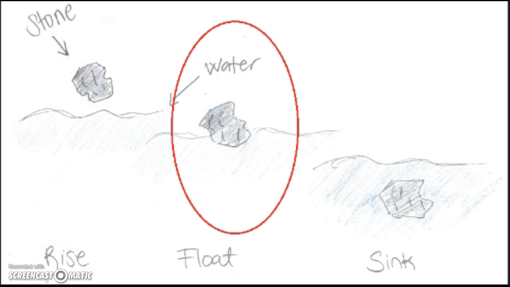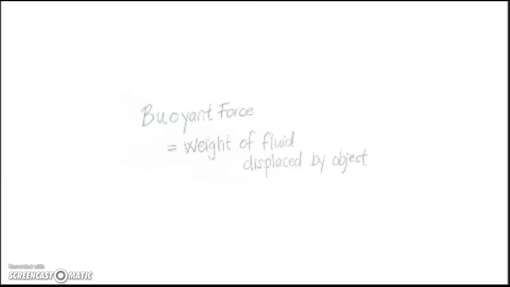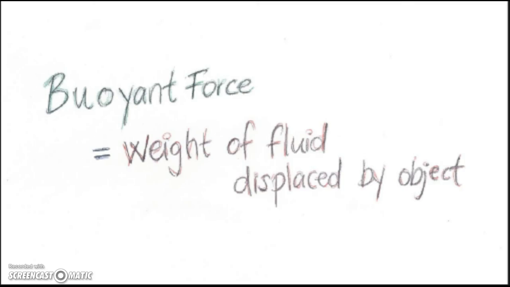We know that a stone doesn't float, but let's say it does. This is due to the buoyant force, which means the pressure on the bottom of the stone is greater than the pressure on top. Buoyant force creates an upward lift on an object, and is equal to the weight of the fluid displaced by